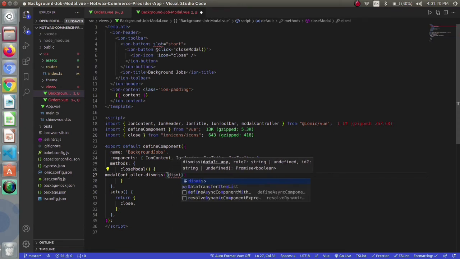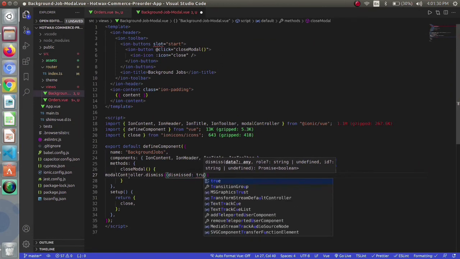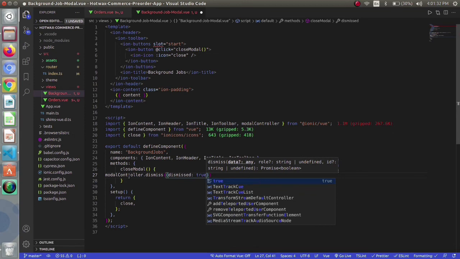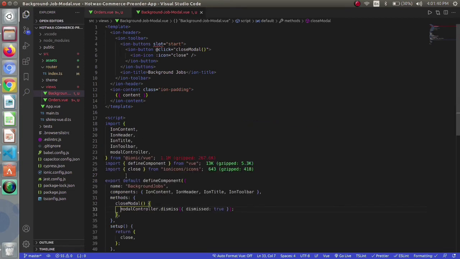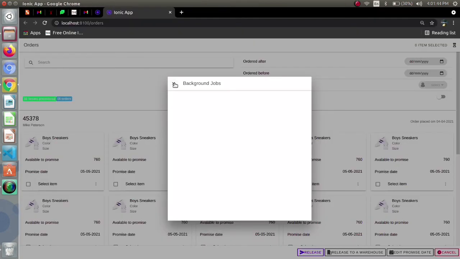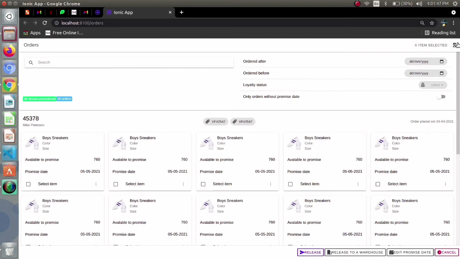True is actually the promise. Just save it, and we are getting it: dismiss worked properly.